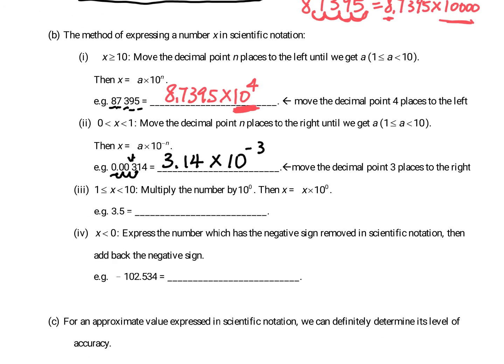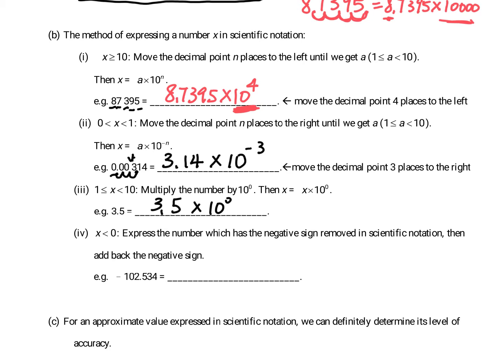So for point number 3, if the number x is already between 1 to 10, the answer should be very easy. You just write down 3.5 times 10 to the power 0. 10 to the power 0即係代表個小數點唔需要喐，唔需要喐前或者喐後。不過其實呢個應該都唔會考㗎啦。通常都係1同埋2比較常見嘅。